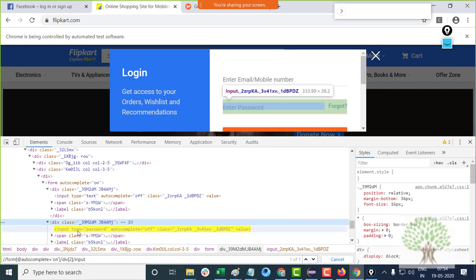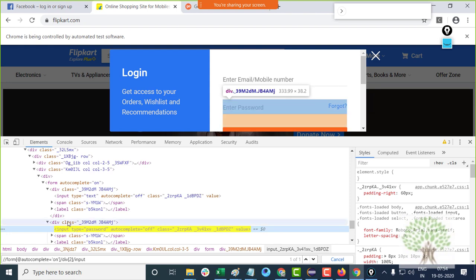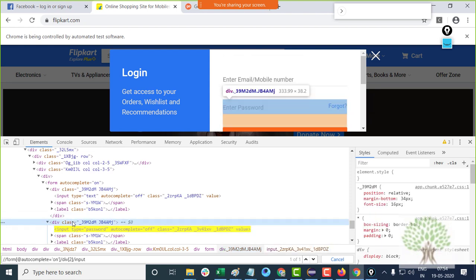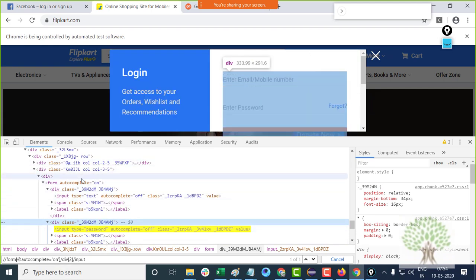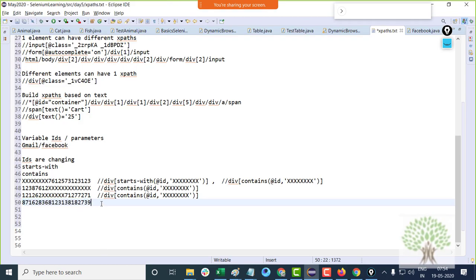So if the ID is completely varying, you move to one tag above the element, and if that also does not work, you start moving one tag above and above. You keep on traversing above. So you move one tag above and you start building the XPath from there.